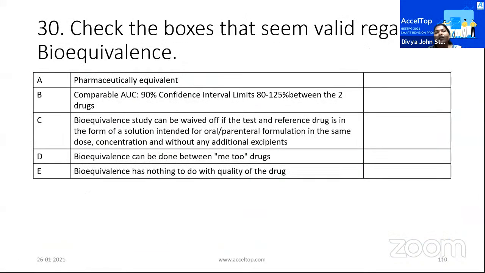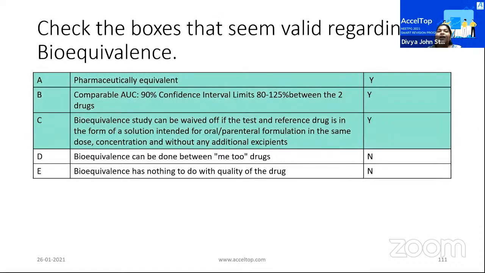Okay. Right. So the next is, check the boxes that seem valid regarding bioequivalence. Okay. So bioequivalence means that the two given drugs are pharmaceutically equivalent. They have comparable area under curve with 90% confidence interval limits, 80 to 125% between the two drugs. Bioequivalence studies can be waived off if the test and reference drug is in the form of a solution intended for oral or parenteral infusion, in the same dose or concentration without any additional excipients. So all these three are